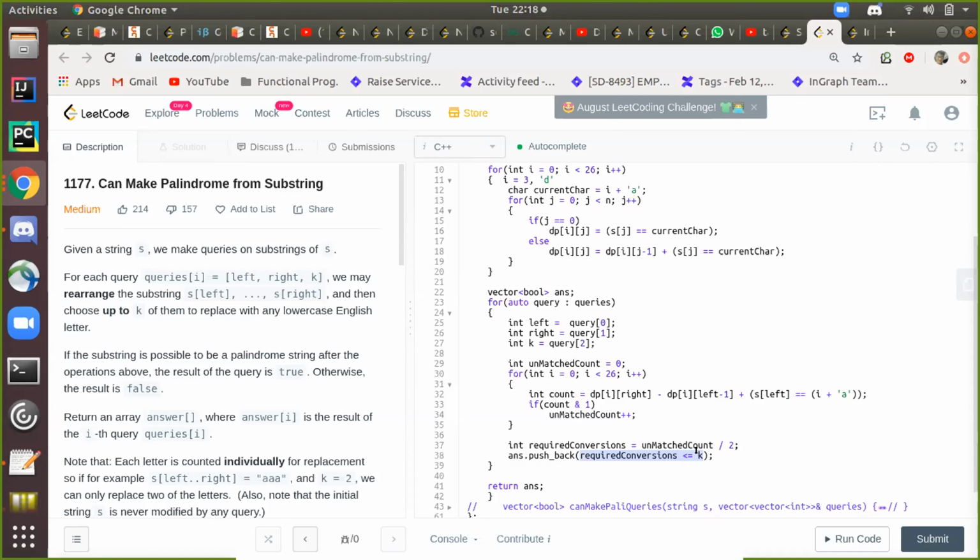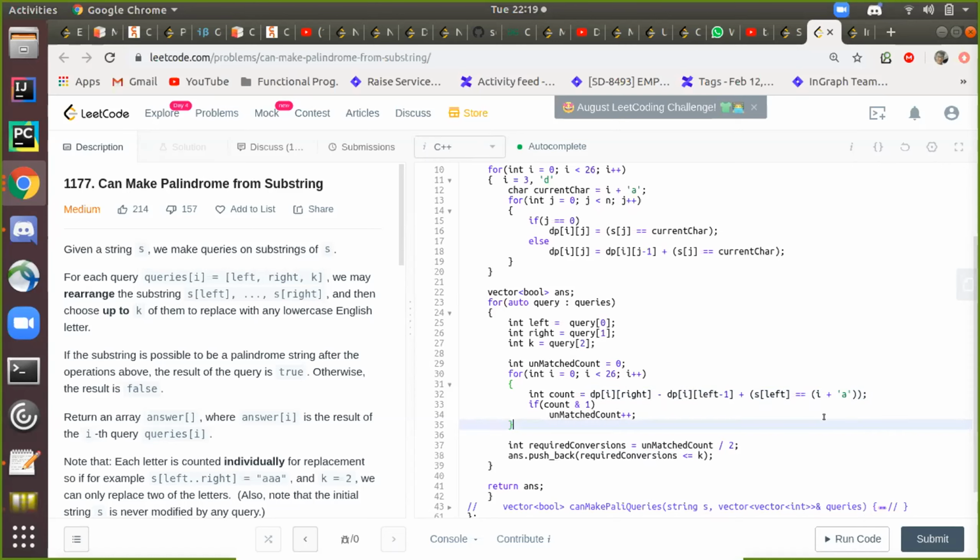I never thought this way. Dilip's came very different. I think both guys should share your code in the Discord. I think this is DP and the other is too. I think Dilip is also handling it the same way. I mean, we have to do this part only. I don't think there's any other option. But the way you are creating the cumulative or the prefix from line 10 to 19 is slightly different than the way he is doing it.